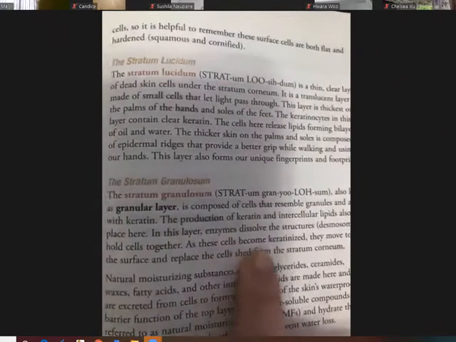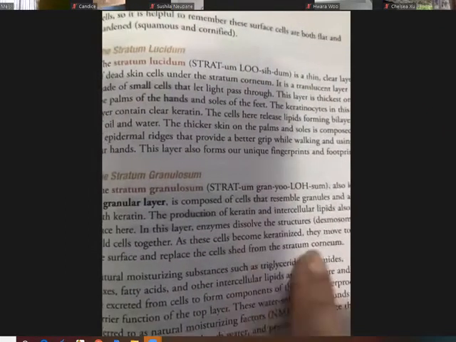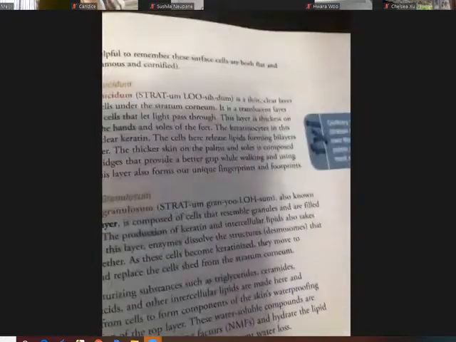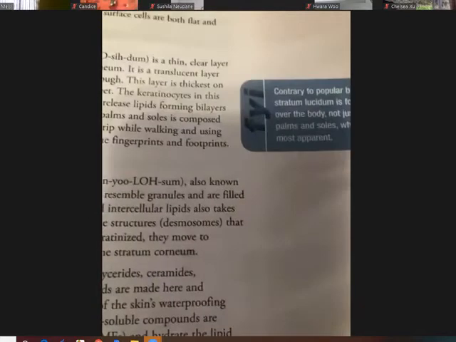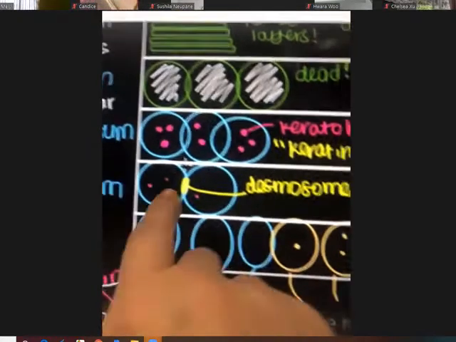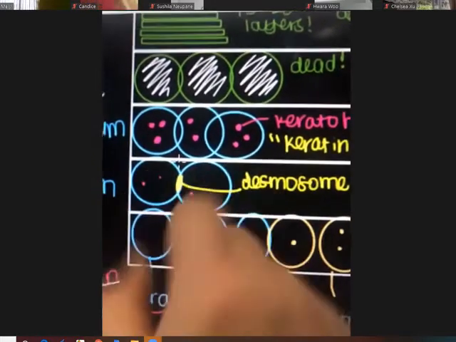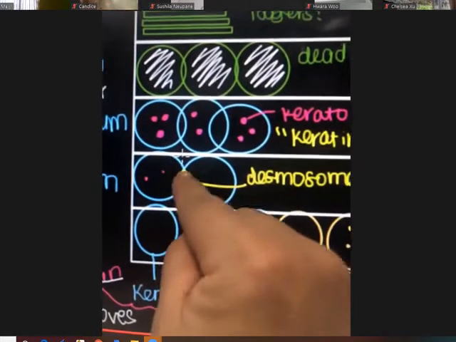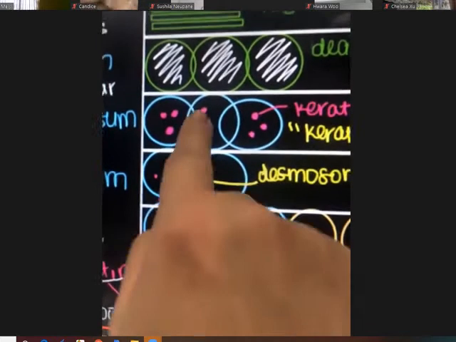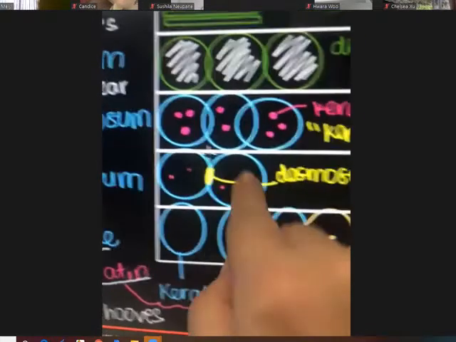As these cells become keratinized, they move to the surface and replace the cells that are excreted from the stratum corneum. Now, this word, desmosomes. Desmosomes is the thing that sticks the cells together, the bond. When the skin moves up to this layer, the desmosomes